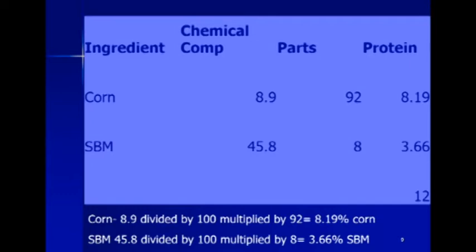So now the question is what we should do for the other nutrients. When you have these parts, then you can go for calculating the rest of the things, how much energy, calcium, or other nutrients are available when we mix 92 parts of corn and 8 parts of soybean meal. That will give you the value. But again, that might not be according to the requirement of the animal. So this is the limitation of Pearson's square. We cannot go for balancing each and every nutrient.